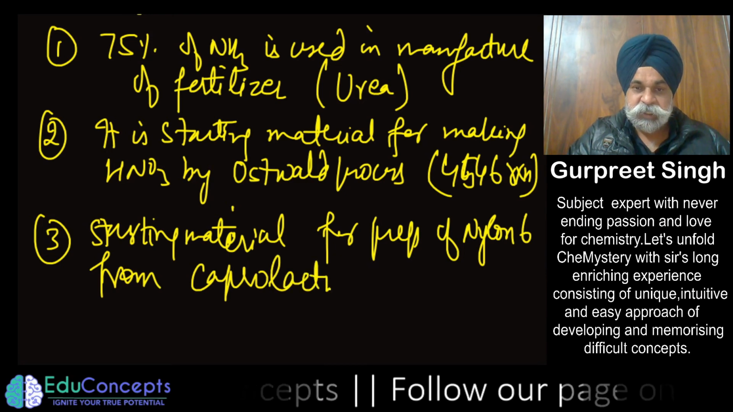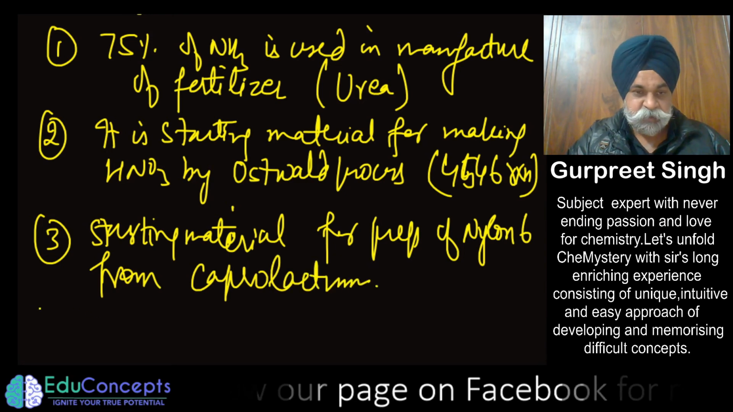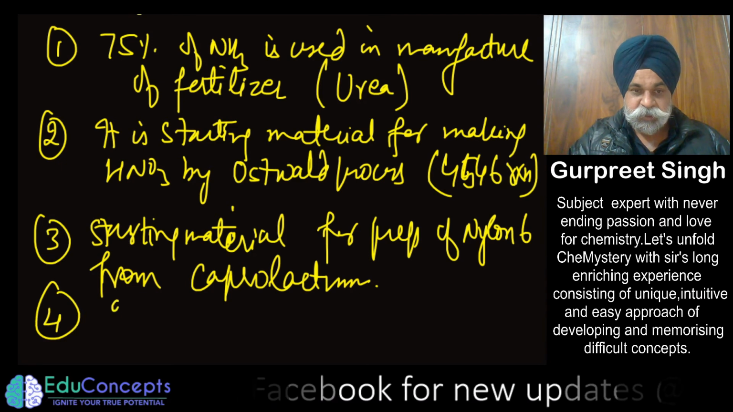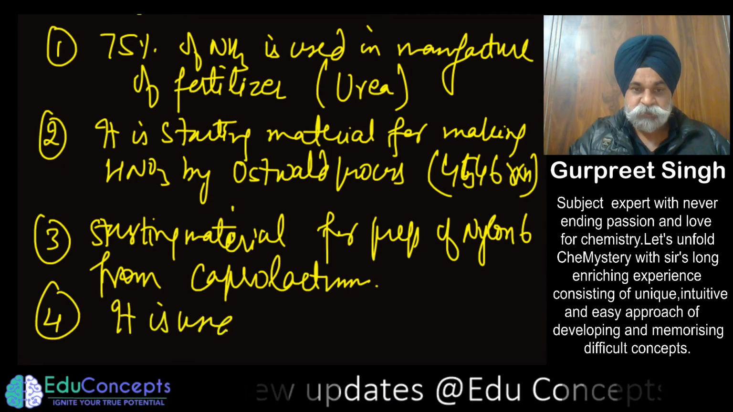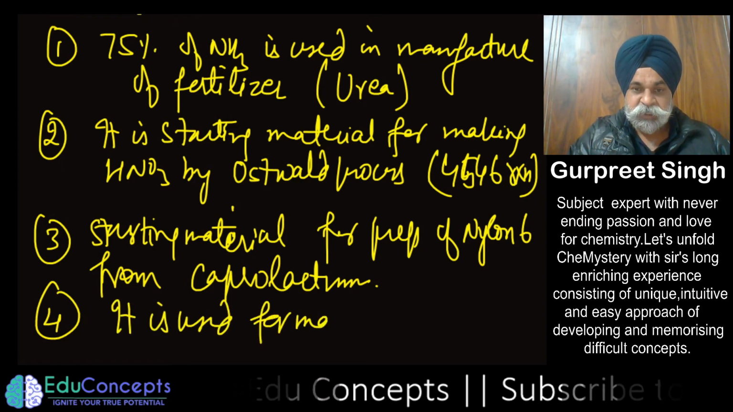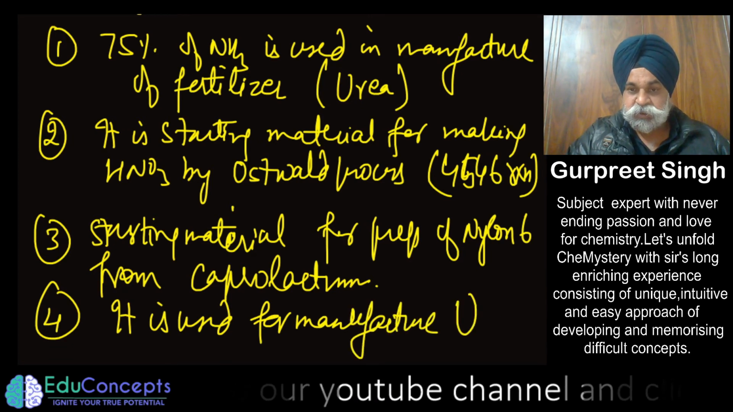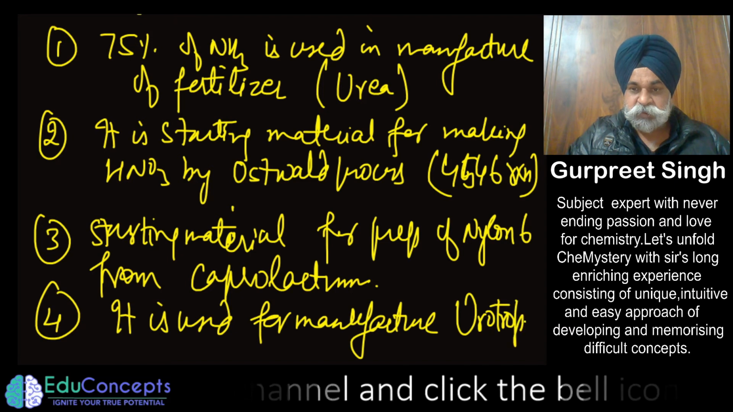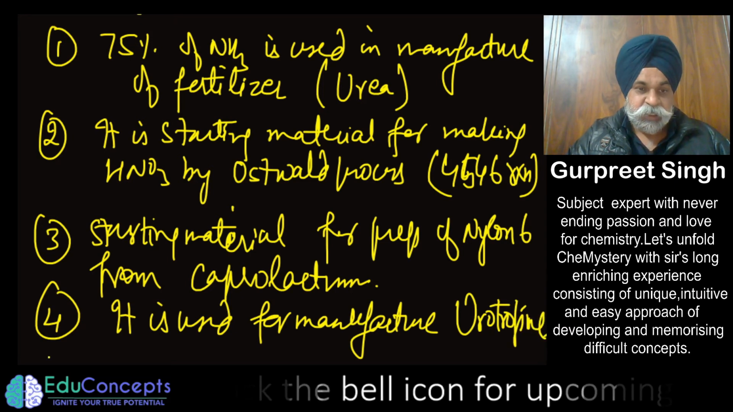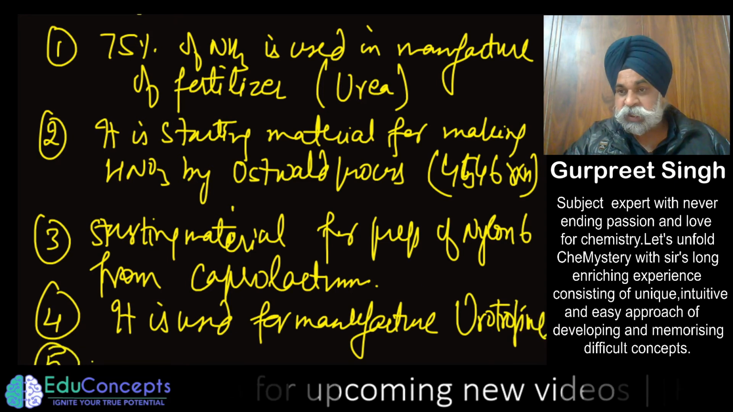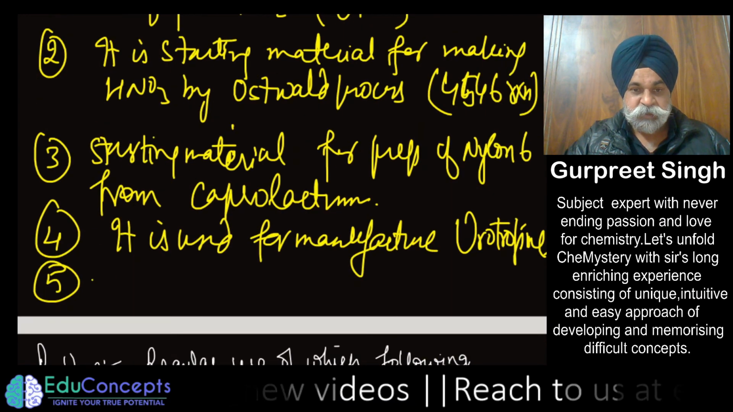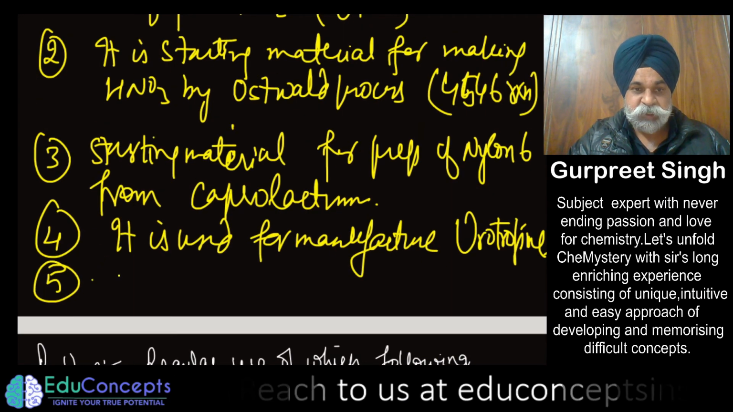So there the starting material is again used as ammonia. Fourth, it is used for manufacture of urotropine, which we have just spoken about. And fifth, the last but not the least one which I am recalling, is the case where it is used